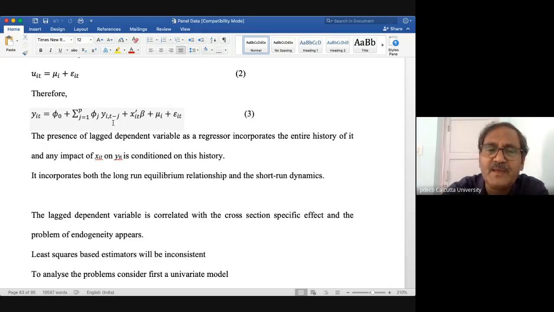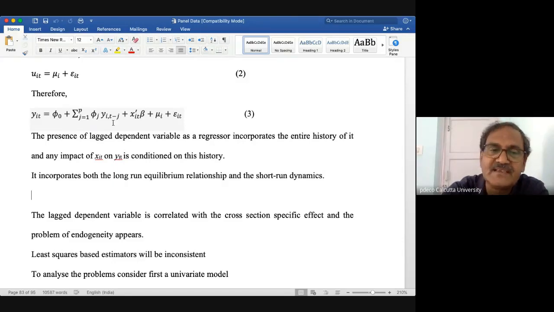A similar problem you need to face in carrying out unit root tests as well, because if you look at the basic model to be estimated in carrying out unit root, it is a dynamic model, because you are taking either AR1 or AR2, whatever may be, all are dynamic models because you are using the lag dependent variables as possible regressors. So in carrying out unit root tests, you also have to face a problem of endogeneity,